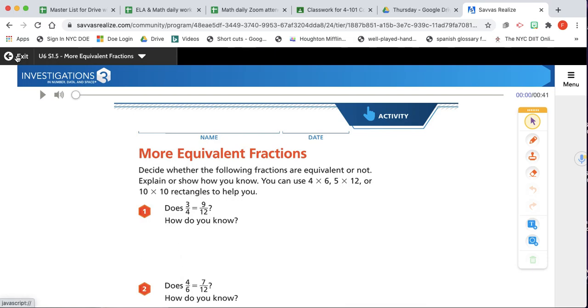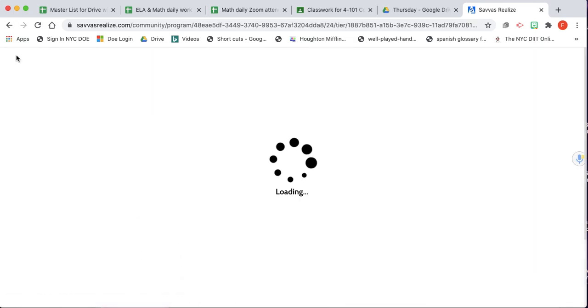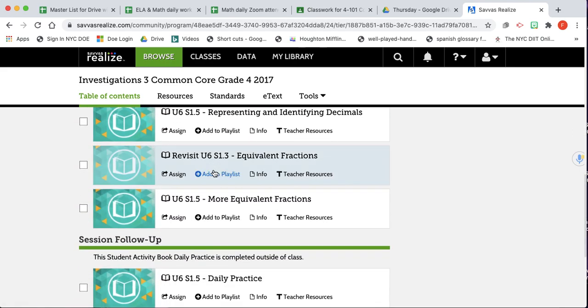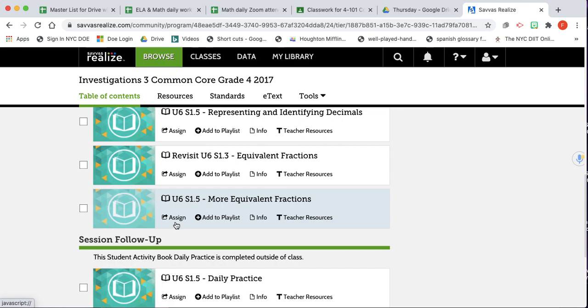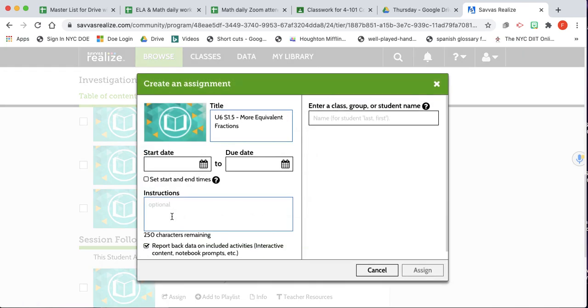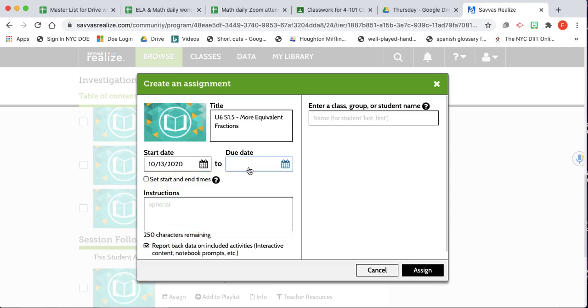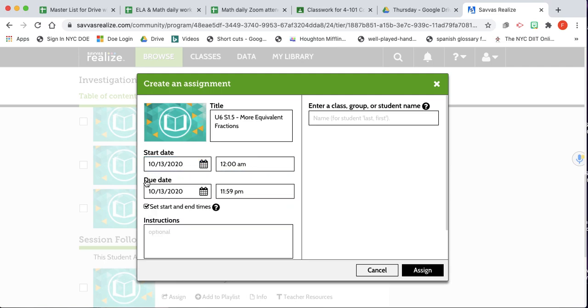So I can actually exit out of here because that's just to look at it. And I'm going to go down to what I just looked at, which was more equivalent fractions. And I'm going to assign this one. So you could change the title to whatever you want, or you can leave it. Let's say I want them to do that tomorrow, and I also want it to be due tomorrow, but you can schedule this to whatever you want. You can also set start and end times